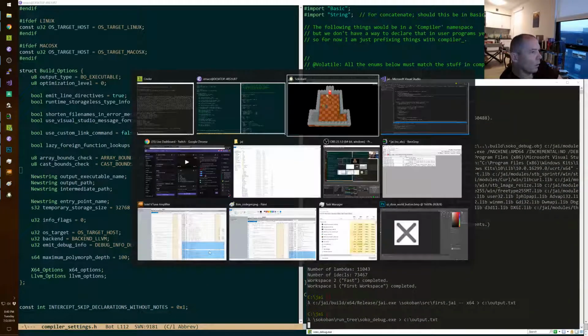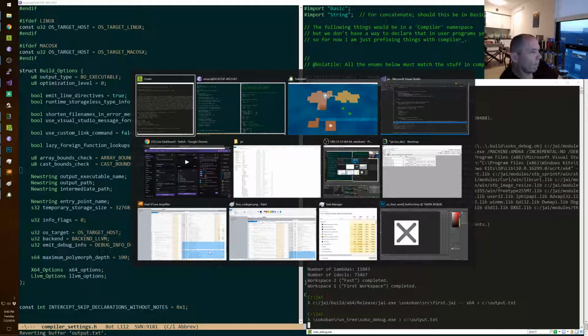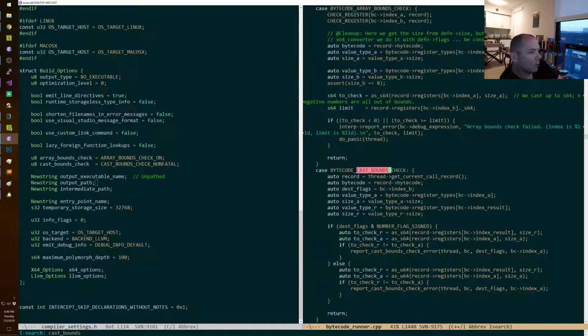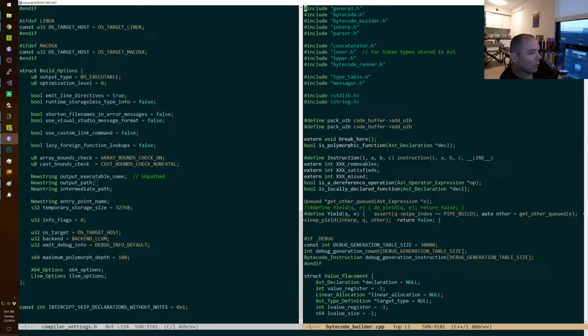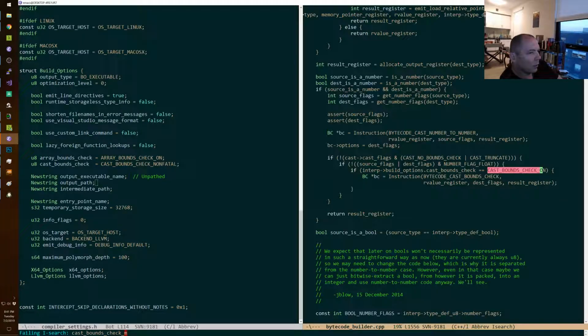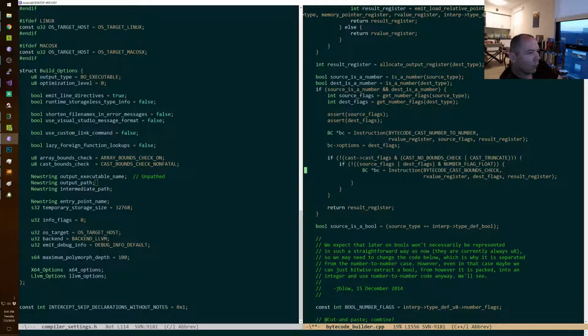going. And then, so when we check the mode, we want to say not equal to off.